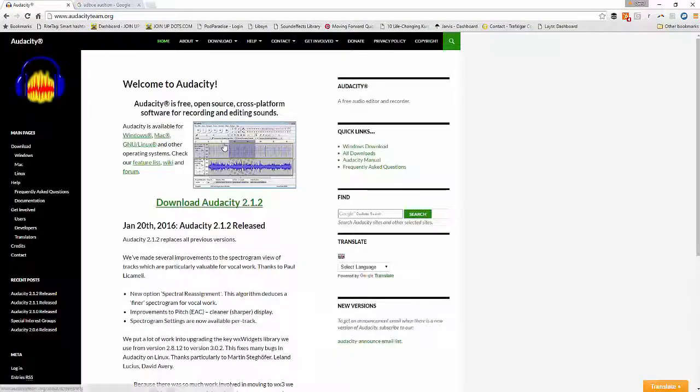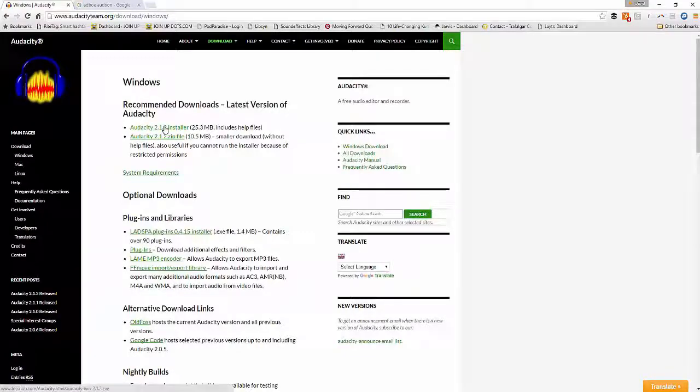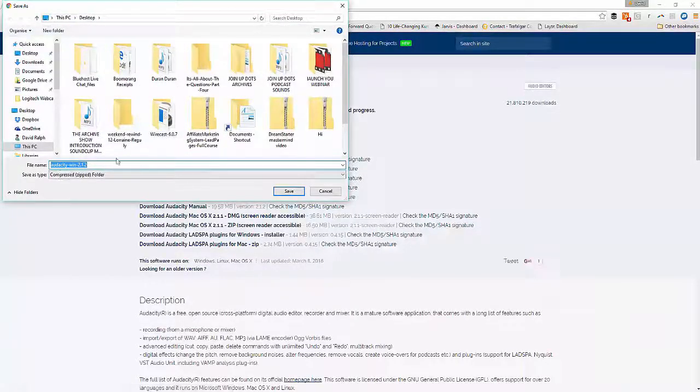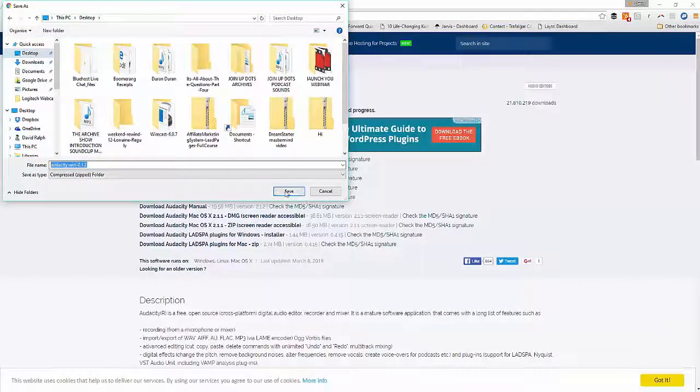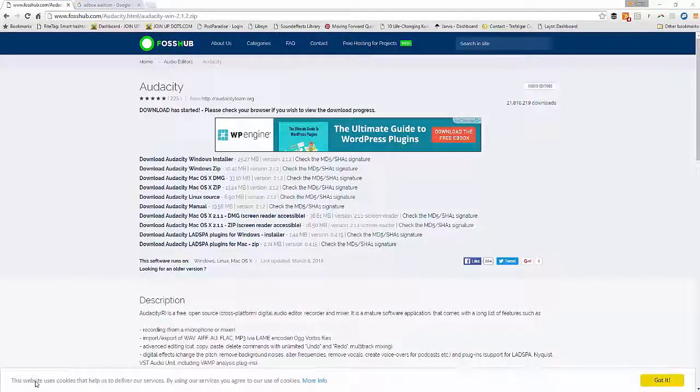But all you've got to do is go into Audacity and you choose what your system is, whether it's Windows, whether it's Mac. And so I'm just going to click on Windows and I'm just going to download it. So let's download that one, and in the normal way I just put it on my desktop amongst all the files. It's just downloading, and there we go. It's downloaded already very, very quickly. So I'm just going to click on that,